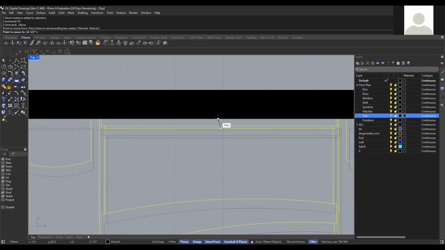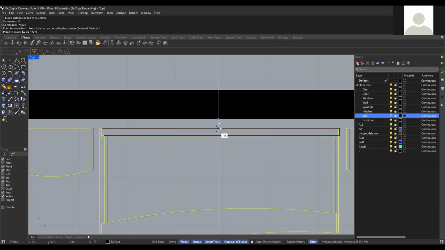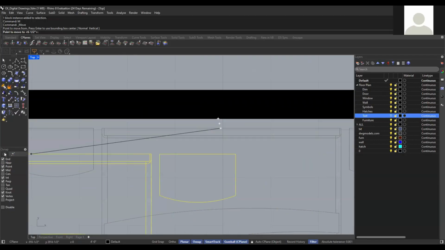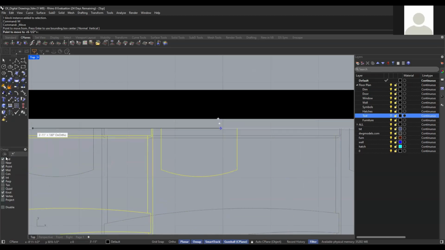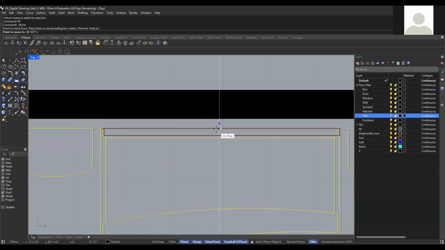Right? If you find this point, you can see the axis, this white line. So you may have to make sure that your OS snap is all checked, like end, point, mid, and perp. These are usually what I work with. If you don't check this and you don't see all these snaps, right? So make sure your OS snap is on. So I'm going to find this again with OS snap, and then